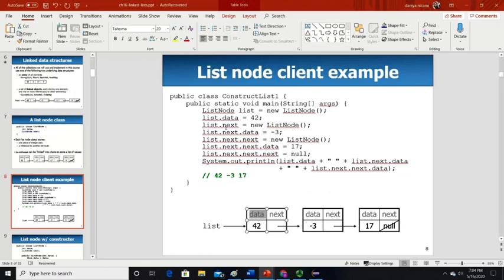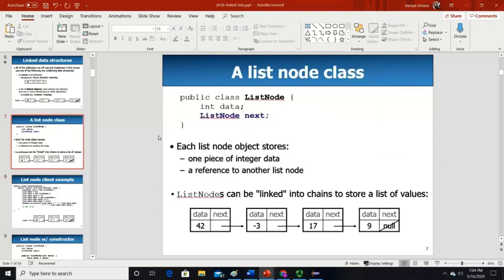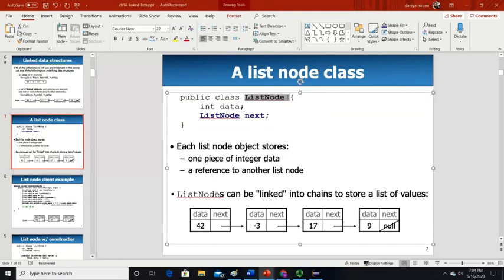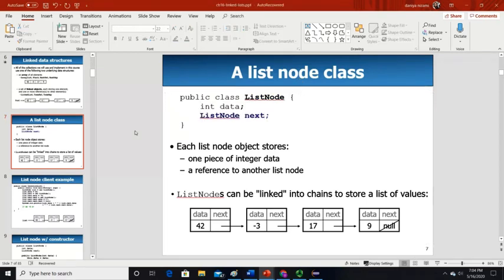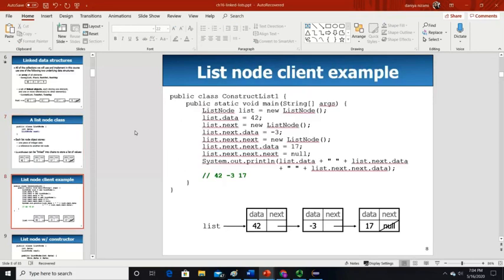Now if you want to add more values, you will say list.next, which will be list. You have to call this next to create another list node that will be a new ListNode, because when you say new ListNode, if I go back to my previous slide, new ListNode will create this thing, which is a data value and a box holding an address, which will be null, which may hold another value. So in our case, this is a very lame example right now, just to make you understand how that linked list works. Otherwise we will be using loops and stuff like that.